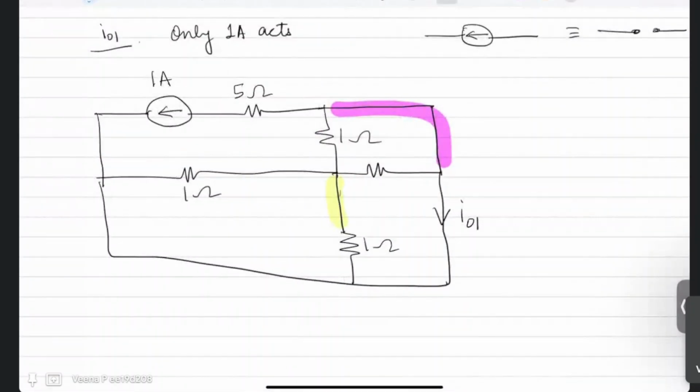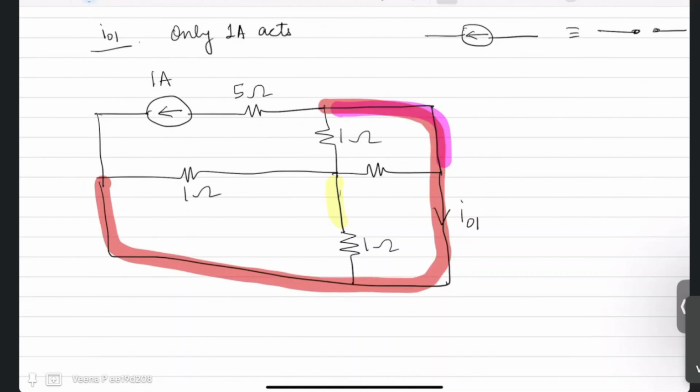I01. So this is a tricky question, because if you observe closely, you can see that your circuit is short circuited throughout. This whole is a single node. That means if you name this node as A, this is also A, this is also A, this is also A, and this is another node, say B. So if you look at it this way, you can see that your I01 is a short circuit path, and this whole thing is a short circuit. So there is no direct way to solve this. You cannot solve this using mesh analysis. It will be very difficult. You have 4 meshes, out of which 3 are already short circuited.